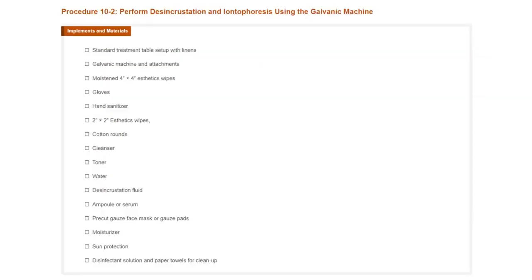Procedure 10-2. Perform desincrustation and iontophoresis using the galvanic machine. Implements and materials: standard treatment table setup with linens, galvanic machine and attachments, moistened 4" by 4" aesthetics wipes, gloves, hand sanitizer, 2" by 2" aesthetics wipes, cotton rounds, cleanser, toner, water,